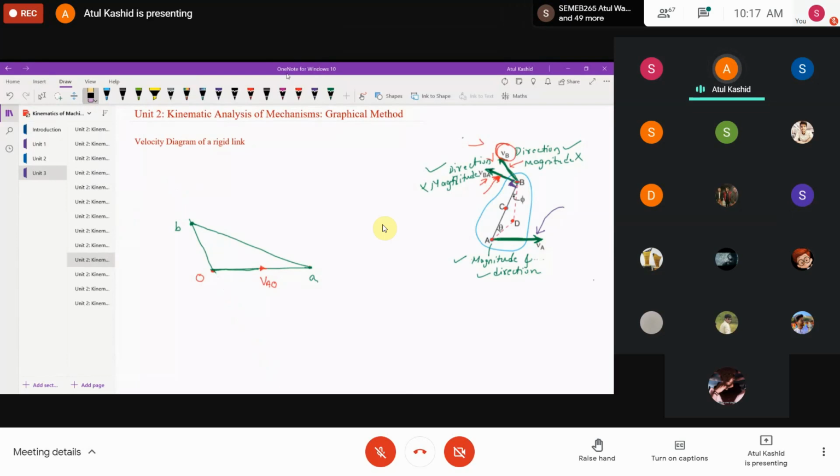Okay, so now this is the velocity polygon, right? Velocity polygon. So I will mark the velocities. Now if I draw the arrow like this, you can see the arrow is pointing towards the point B. So this will be velocity of B with respect to O, or it is the absolute velocity. It can also be written as VB, simply VB, right?